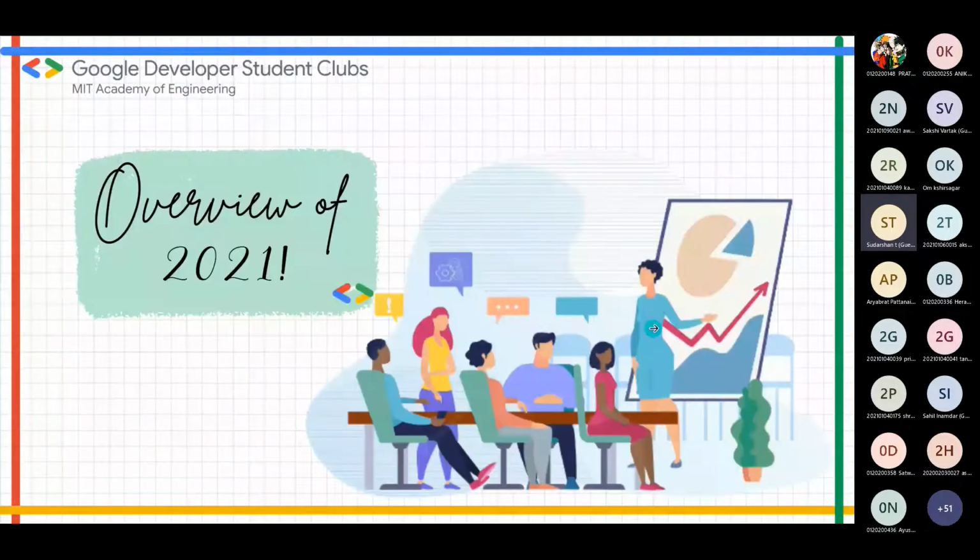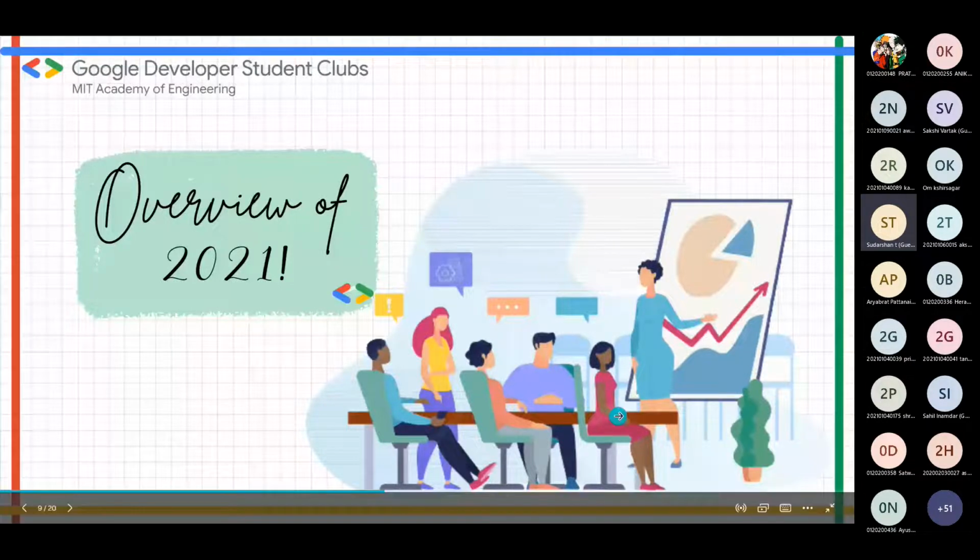So now I will tell you the overview of 2021. Today we are having our ex GDSC lead Pratik Kale sir. He was leading in 2021, and nicely he has done everything. So now I am going through his legacy, whatever he has done. I am just forwarding this to everyone. So I am really thankful to all the ex GDSC leads.